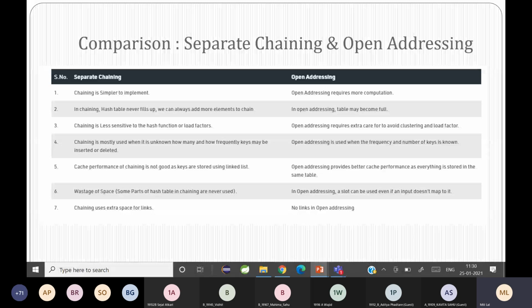Is it clear? Yes, ma'am. Okay. What about others? I want to hear different voices. I want everybody to go through it and understand and let me know. Is it clear to all? Yes, ma'am.